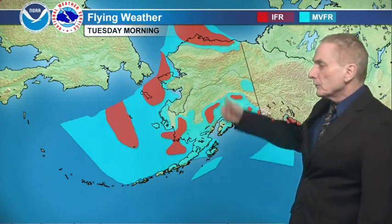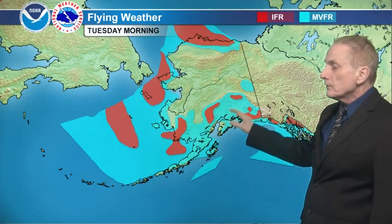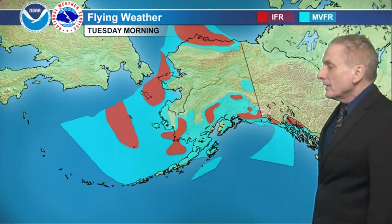IFR up along the central eastern Arctic coast here from up the coast from Point Lay there on over to, say roughly close to Barter Island, but not quite. VFR through much of the central interior here from the Alaska Range south. Looks like marginal VFR with IFR mainly along the mountains, IFR along the Coast Range, IFR here over the Kilbuck-Kuskokwim Mountains on out to Cape Newenham, and IFR Chukchi through the strait to St. Lawrence Island. VFR out over the central western Aleutians, but marginal for the Pribilofs,